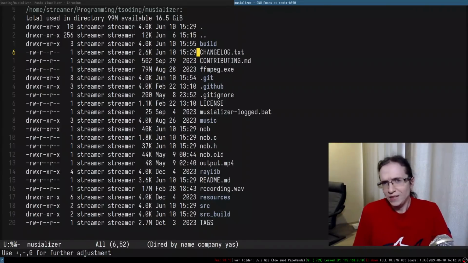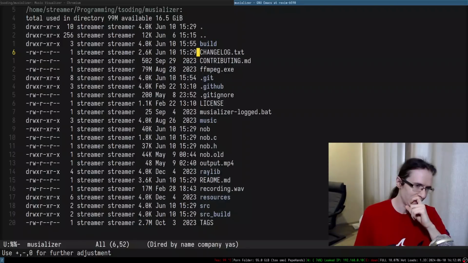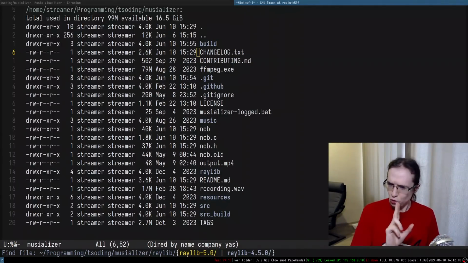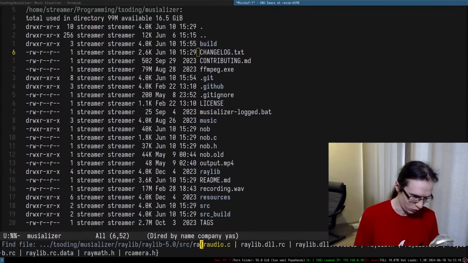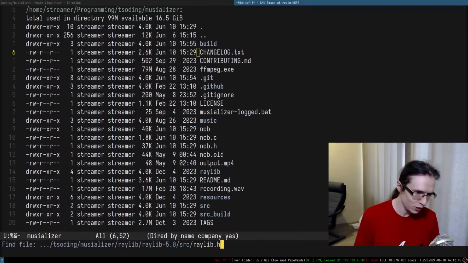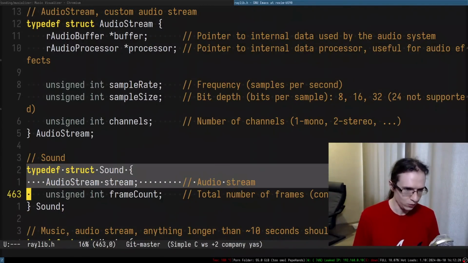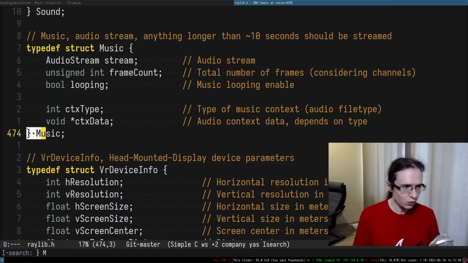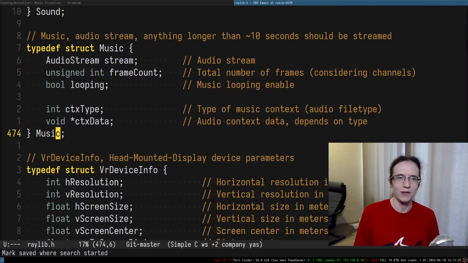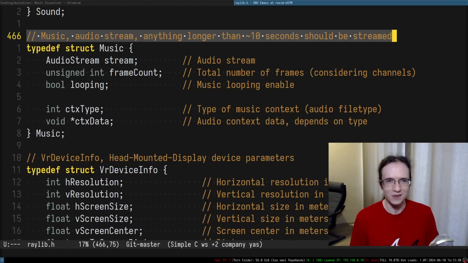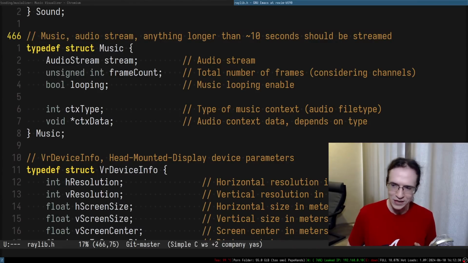We've been working with Raylib for quite some time, right? And the interesting thing about Raylib is that it has two notions for sound. So let's actually take a look at that. If I go to the raylib.h, it has a notion of sound. So there you go, here is the sound. And it has a notion of music. So what's the point of separate, I mean, they already put it in the documentation, but the question is, what's the point of separation of these two